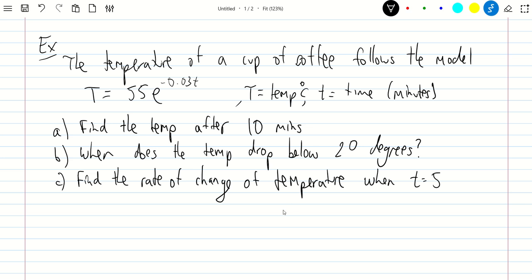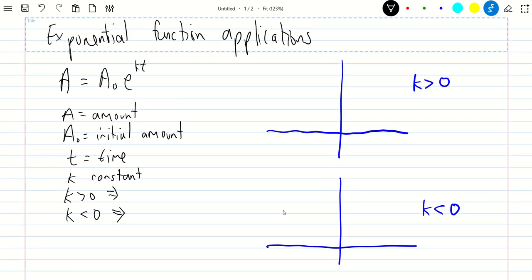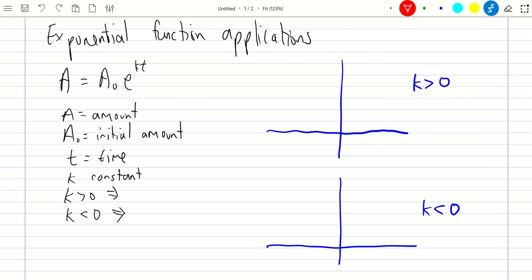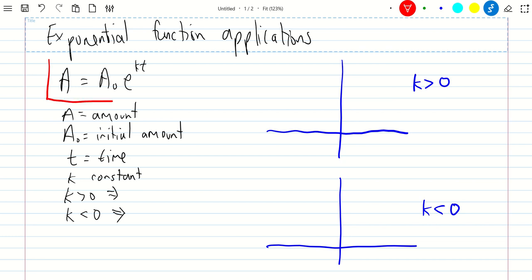Okay. In this video today, we're going to be looking at exponential function applications. So how do we actually apply exponential functions to the real world? How do they exist? How do they work? And so, in general, the formula, the template,